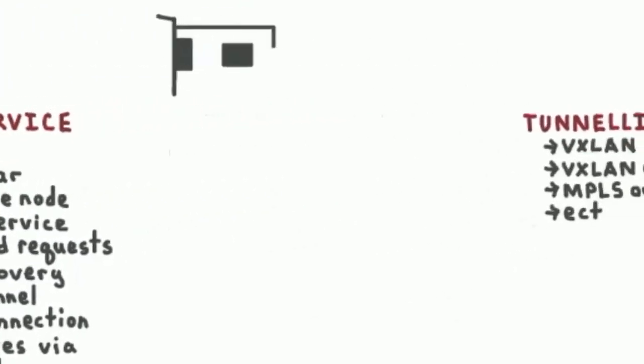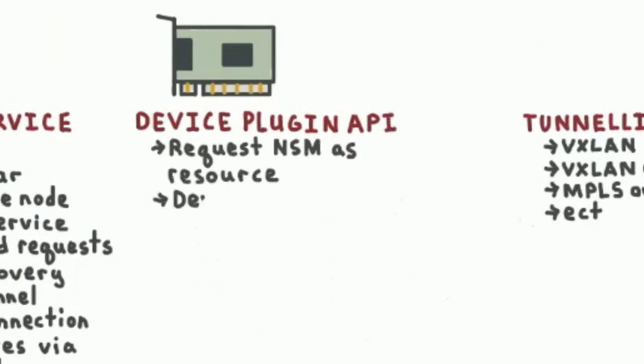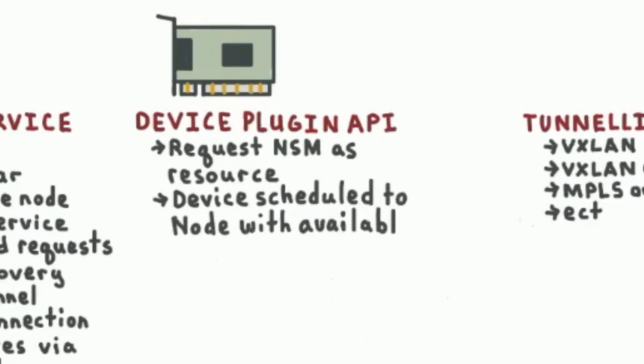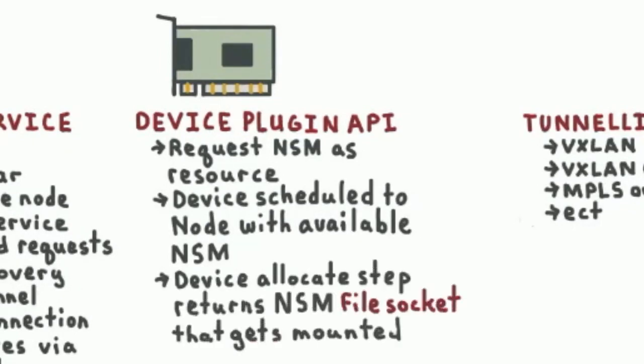We use a completely unmodified device plugin API. When you deploy your pod, you request an NSM as a resource. Then you go through normal pod deployment. The pod is scheduled to a node that has an NSM available. The device manager carries out the allocate step. And one of the things that comes back from that allocation is the mount point for the NSM file socket. And then you run the pod normally, and the NSM file socket gets mounted as is normal for the device